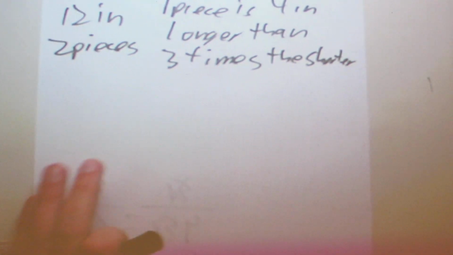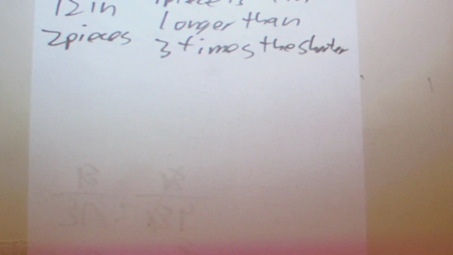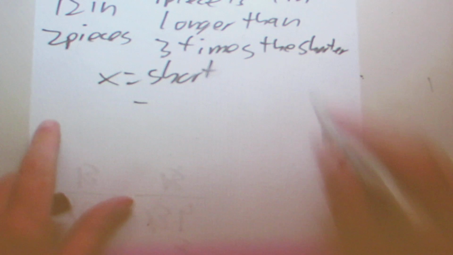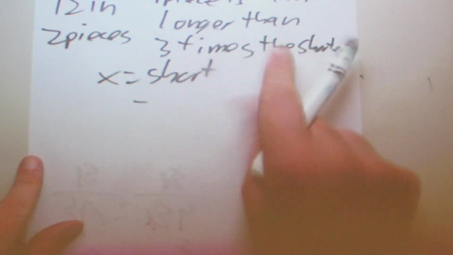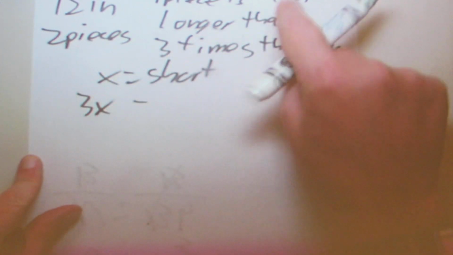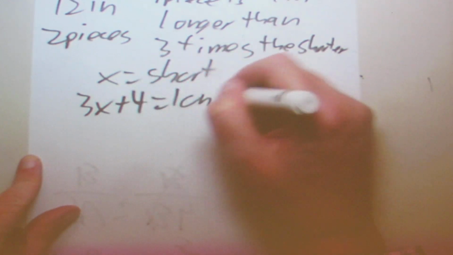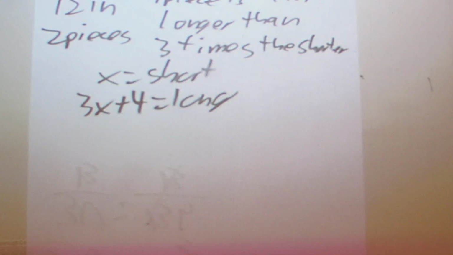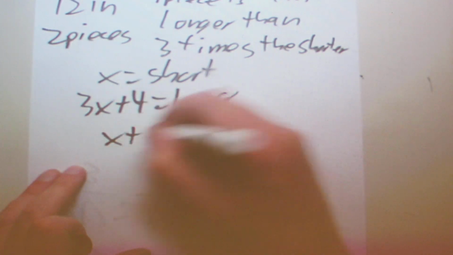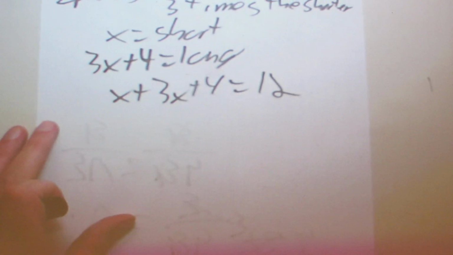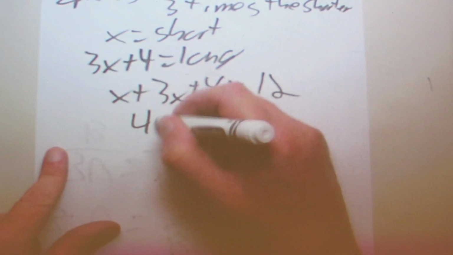Okay, so we have no idea how big the shorter one is, so that's going to be x. The long, we say that it's 3 times the shorter, so 3x plus 4 equals the long. So now we're going to combine those two. X plus 3x plus 4 equals 12. Combine like terms, we get 4x